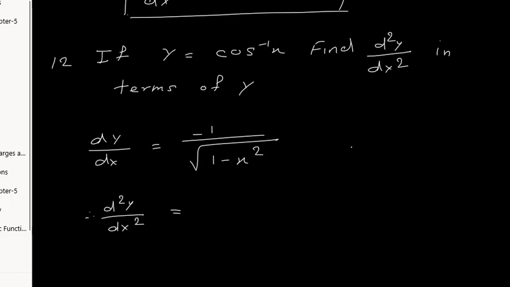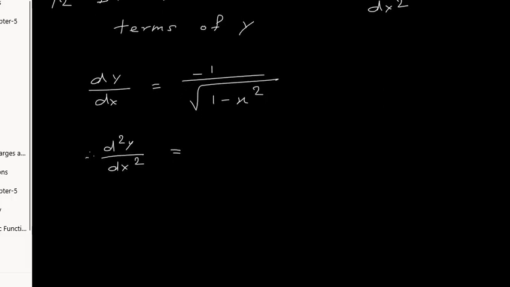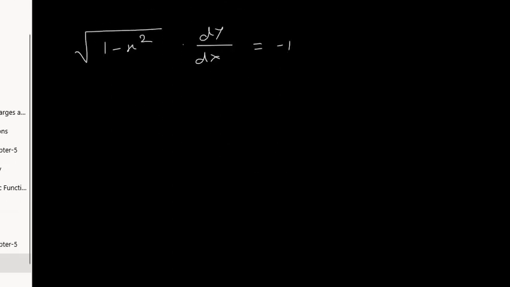Now here the u upon v rule we will apply. Or what we do in a better way, we move this root part to the left hand side. So this division problem will convert into a multiplication problem, and maybe that will be easy for you to solve. So therefore root of 1 minus x square into dy upon dx is equal to minus 1. So now when we differentiate, we get a root of